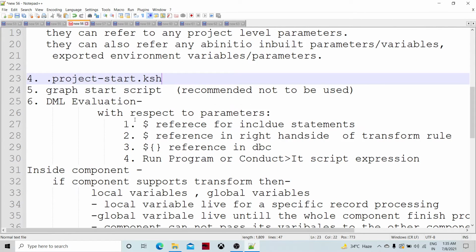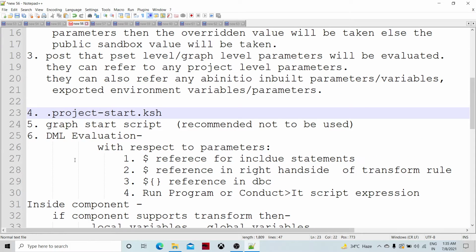Then the graph start script is going to be called. It's recommended that we do not use it because it's not readable. We don't go and see the start script, because any scripting capability can be achieved as part of the wrapper script.